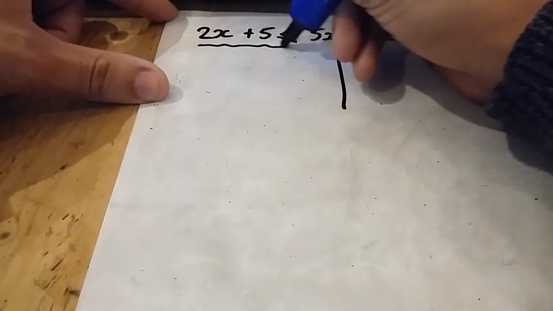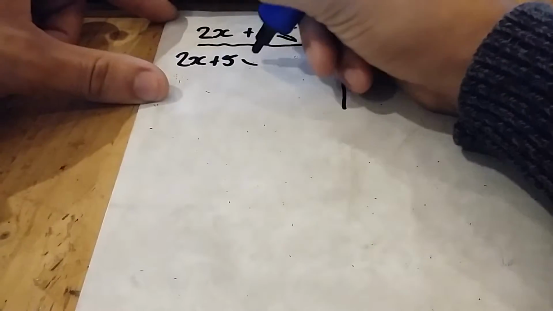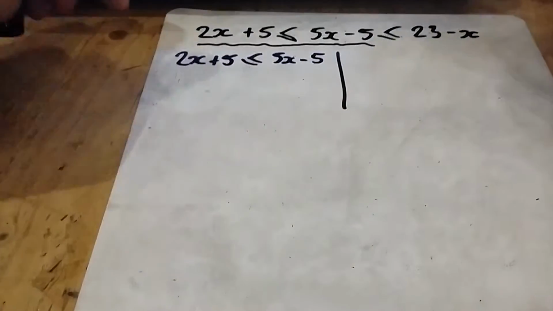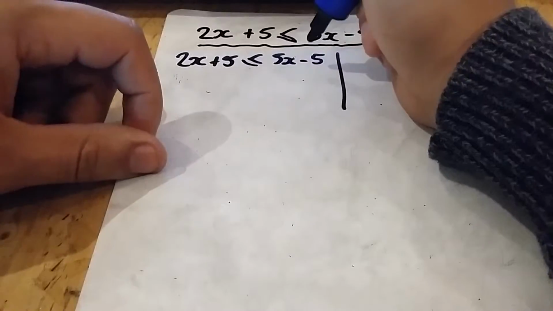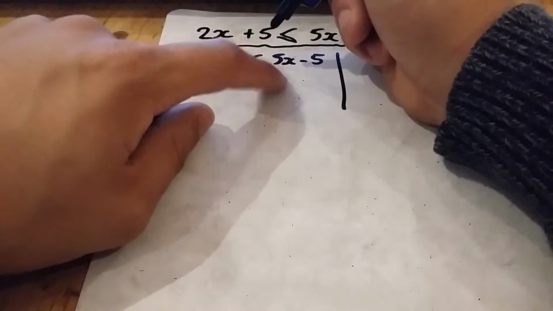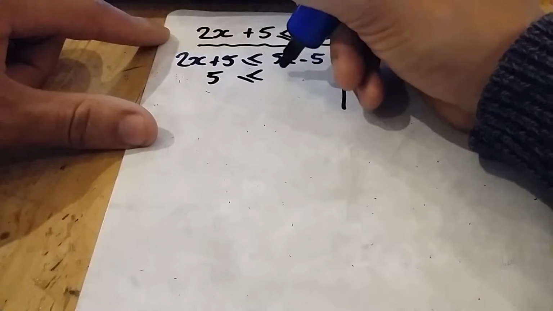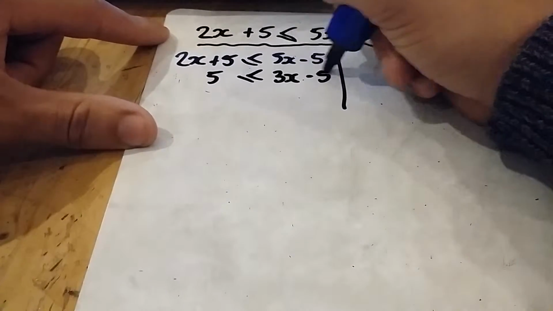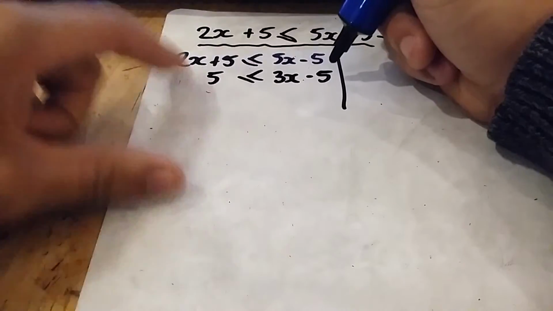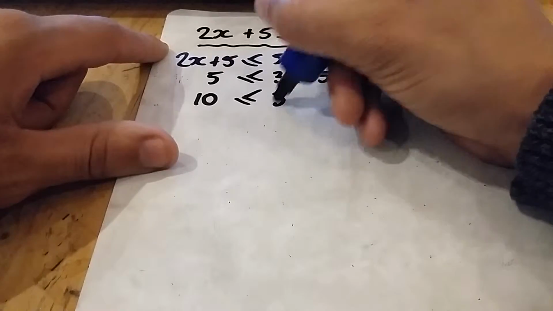So this time I'm just going to start with that part. 2x plus 5 is less than or equal to 5x minus 5. So I want a positive number of x's on one side, so I'm going to take 2x from over here, but that means I have to take 2x from over here too. So I'm left with 5 is equal to or less than 3x minus 5. And then to make this minus 5 disappear, I add 5, and I add 5 to this side too to keep it in balance. So I've got 10 is less than or equal to 3x